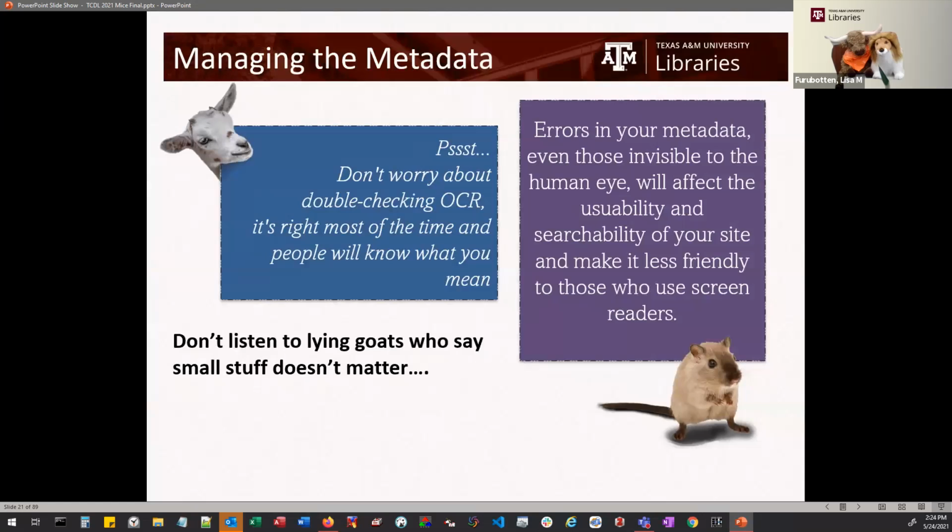And okay, we were making a joke because there's an article about lying goat behavior, which we thought was funny,